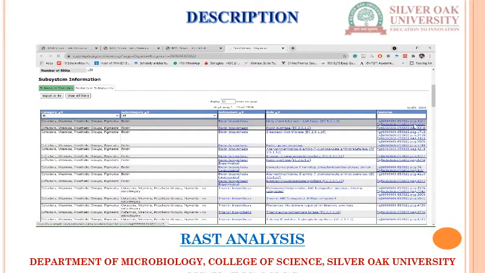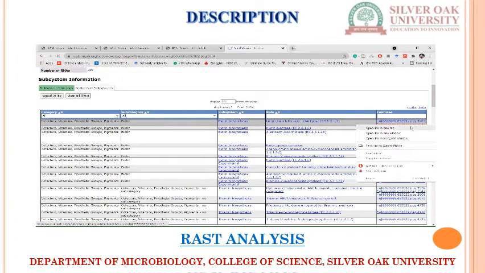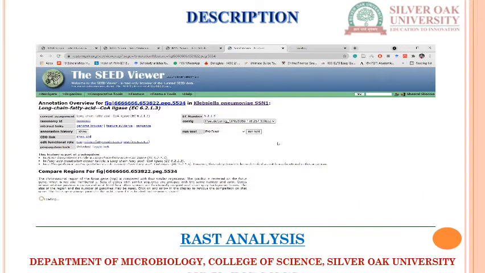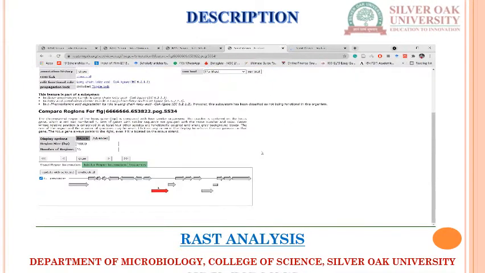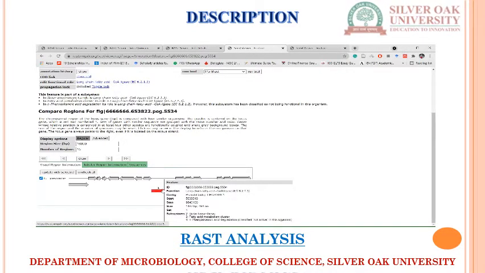Always remember that: PEG codes for protein encoding genes. If I open this in a new tab, I can find my pneumoniae proteins. This one is the long chain fatty acid protein, which is present in my bacteria.